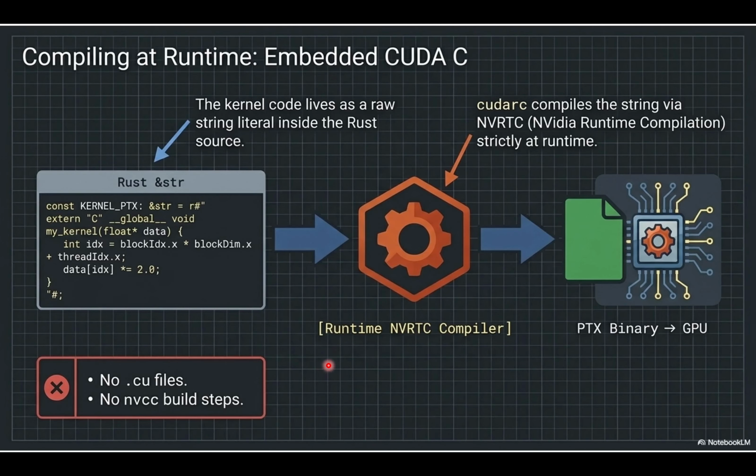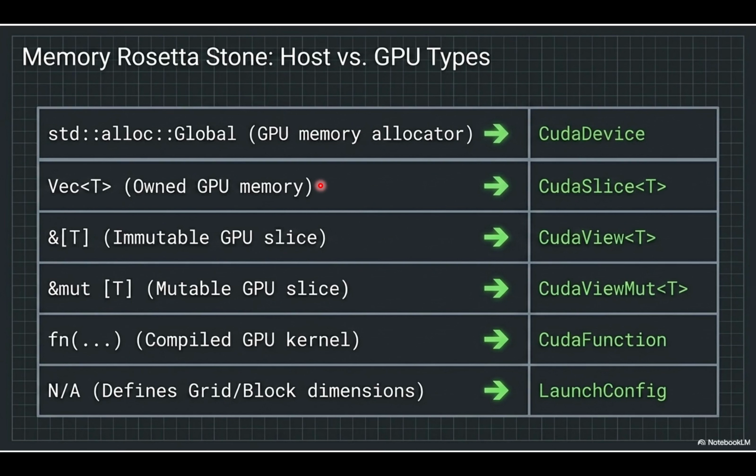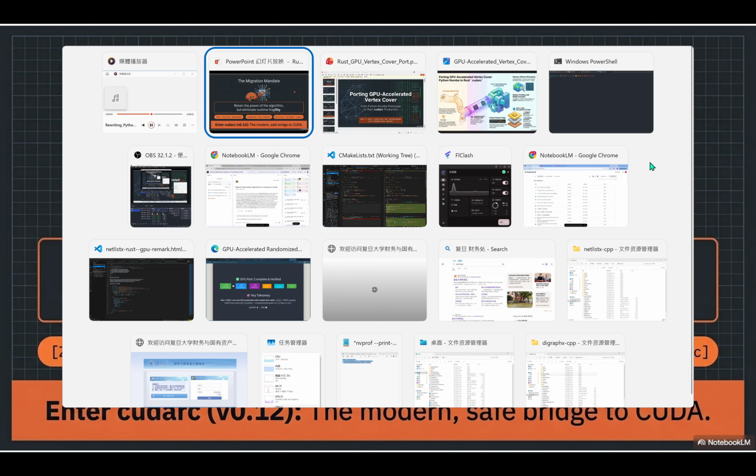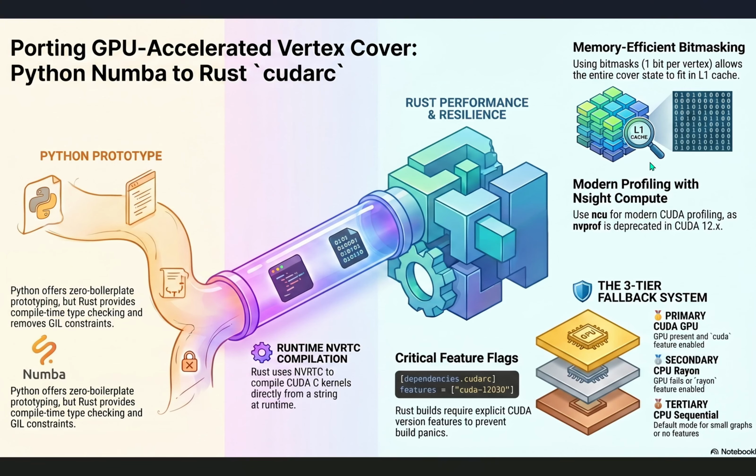They engineered this brilliant three-tier fallback system to guarantee the mathematical trials always complete. Yeah, this is the part that really grounds the architecture. Think of it like a freight logistics network or even an airplane's redundancy systems. I like the airplane analogy. Yeah. So tier 1 is your ideal state, the hyperdrive jet engines. If the Rust binary is compiled with the CUDA feature flag enabled and it detects a compatible NVIDIA GPU on